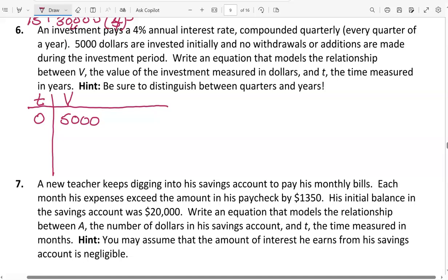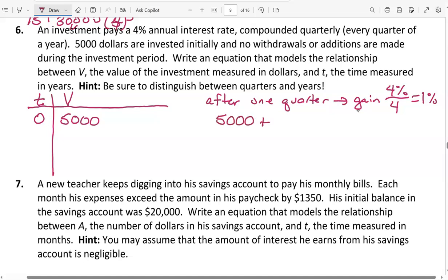And then at the end of 1 quarter is what we need to be thinking about. And after 1 quarter, we're going to make a gain, but we're not going to make a 4% gain. We're going to make a 4% divided by 4 gain. Since 1 quarter is 1 quarter of a year, the annual interest rate gets divided by 4. So after 1 quarter, we have $5,000 plus 1% of that $5,000. So that would be $5,000 times